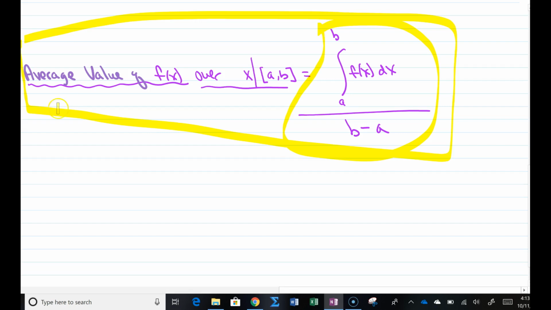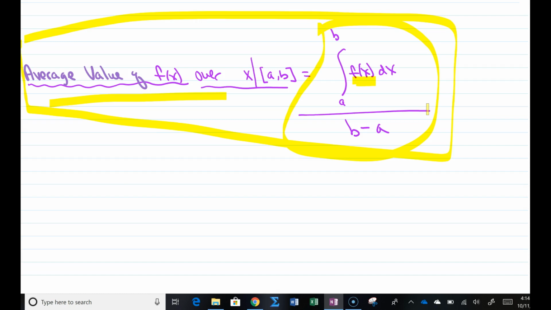If you know this, you can just input the speed function here over the interval of time that you want, divided by b minus a. But you have to be mindful of units always, and where this can be very